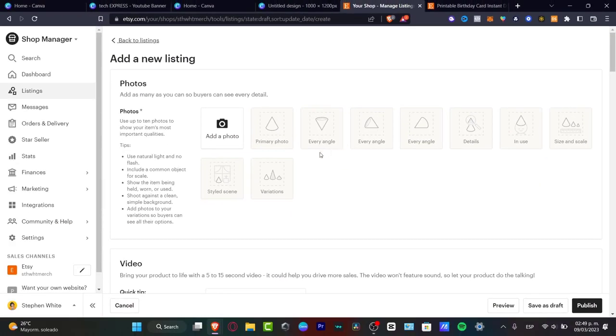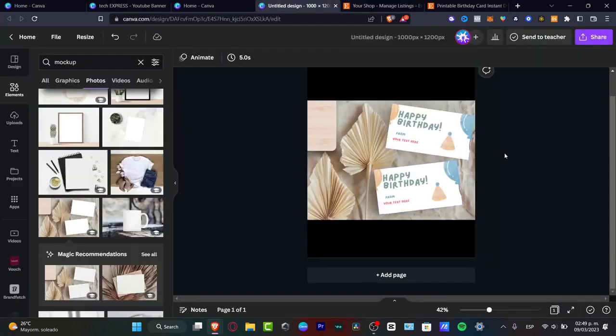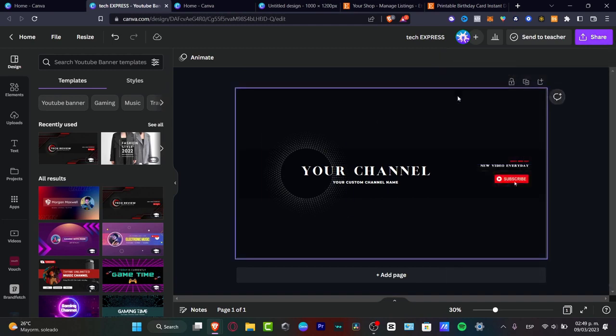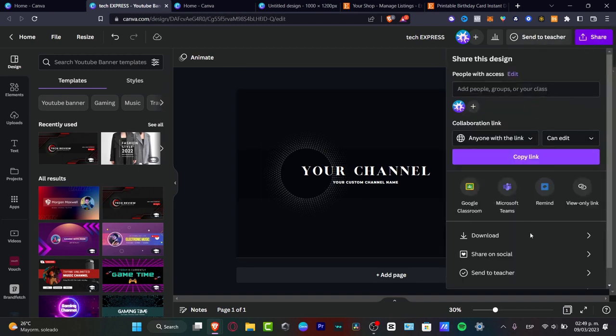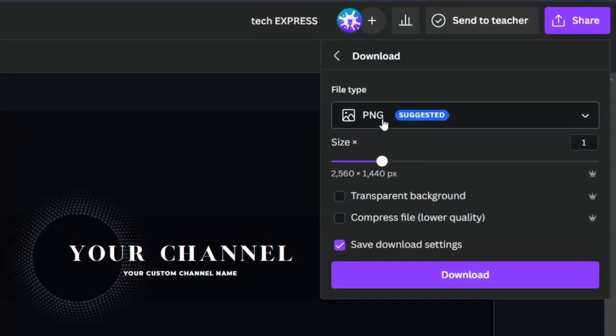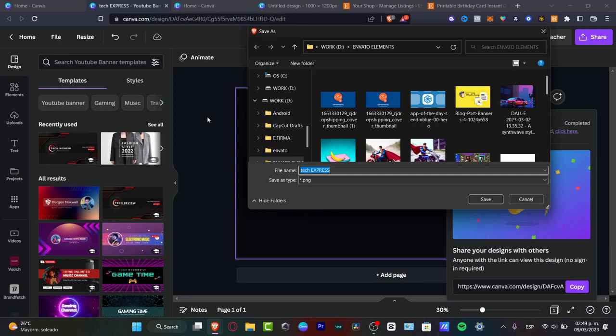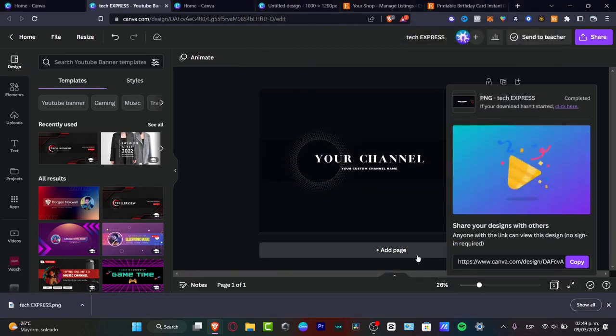And here what you wanted to do is to add a photo of the element that you wanted to sell. So since this is an actual digital file and we don't have like an actual image, what I wanted to do is to look out for the share version. I'm going to hit into download. I'm going to choose a PNG file. I'm going to download this image, and later on what I wanted to do is to add a new page